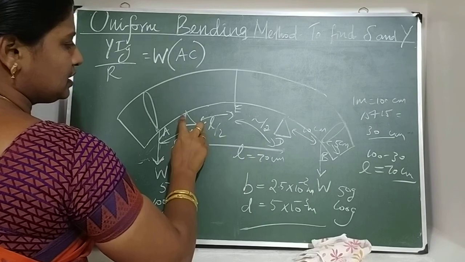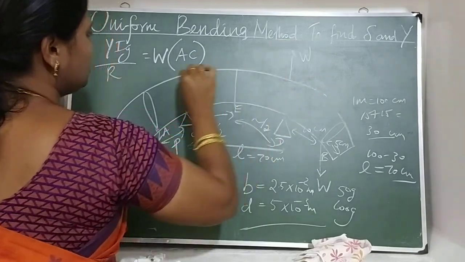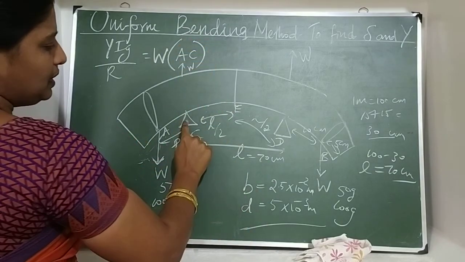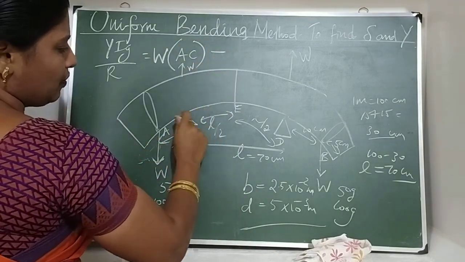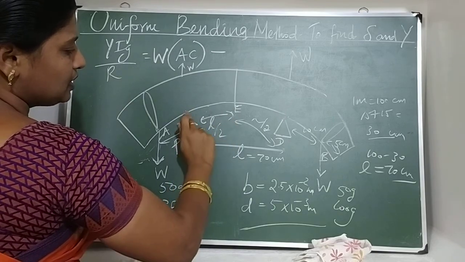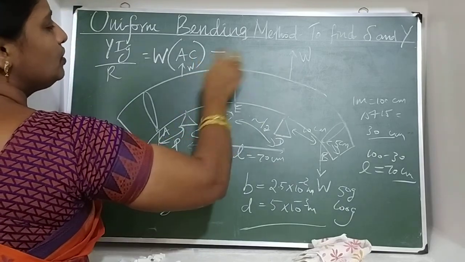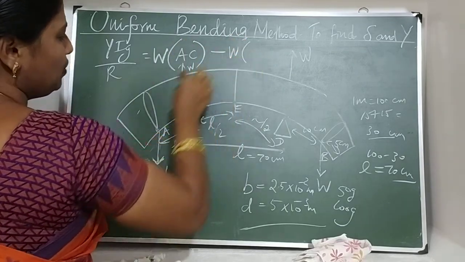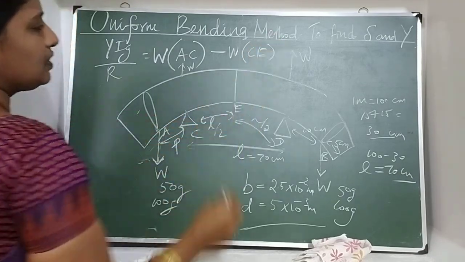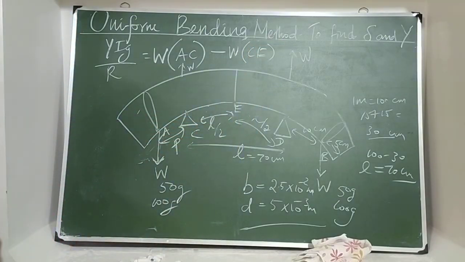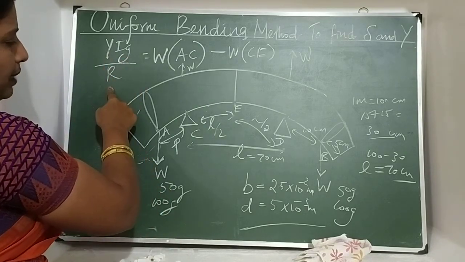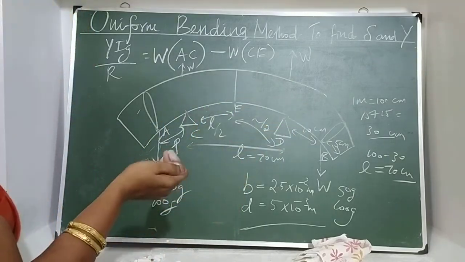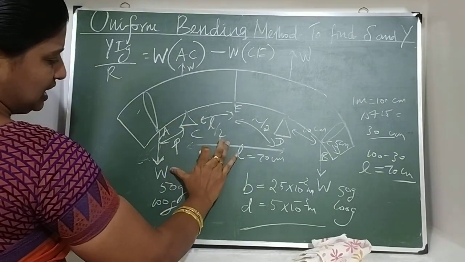This knife edge is supporting, and the other opposite one equally shares this load. Which value? W load is shared, half each. The remaining half is for this C. Which load is shared on this side? W load. This side W load is shared: W into C distance, W into C distance. Bending moment Y I_g by R. Any one side you analyze for bending, the other side is equal. Your question says to analyze changes on one side.